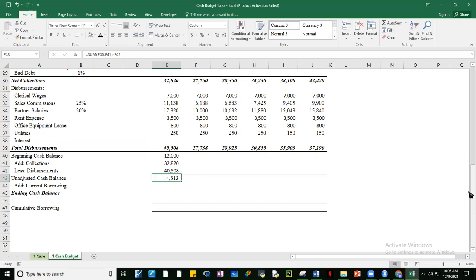Answer, please. Do we need to borrow for January? Kasi ang unadjusted pa to kasi baka kailangan natin i-adjust to, no? So the unadjusted cash balance is 4313. Do we need to borrow?